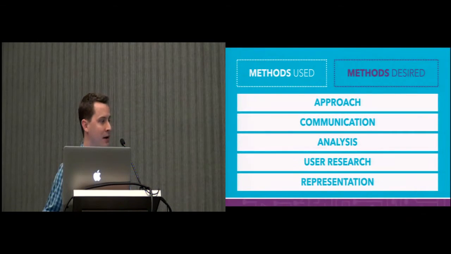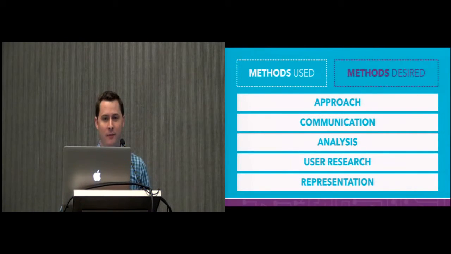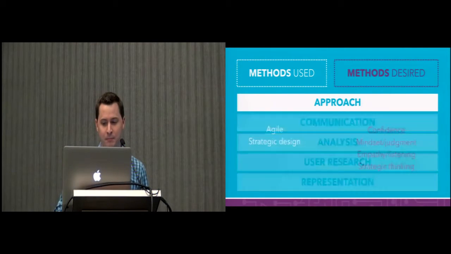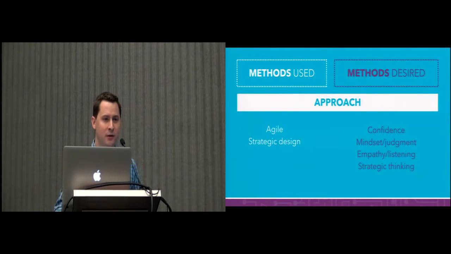These are the 5 categories or themes that came out of the emergent thematic analysis. And so these are general clusters of themes that we saw across both of these questions that we asked the practitioners. And I'll go through each one of them in a relatively surface level of detail because of time. So for approach, this is really essentially the mindset that you take into a situation. On the methods that the practitioners used, this was more a proxy for what are the structures within their organization.